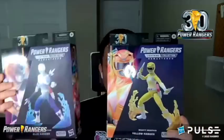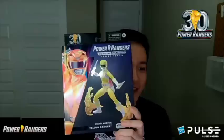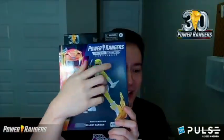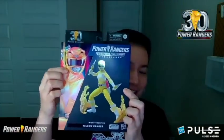It's awesome. Yeah, so I have some packages here with me. We have the Yellow Ranger and the Blue Ranger here. So you'll see that it's really inspired our branding, right? So we have the Yellow Ranger here in that 30th style. We also, if you turn to the side of the box, have that style with all the Rangers celebrating